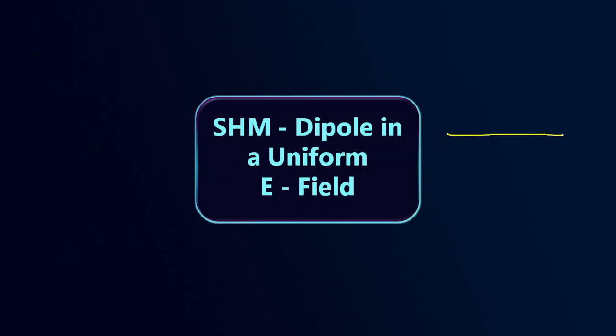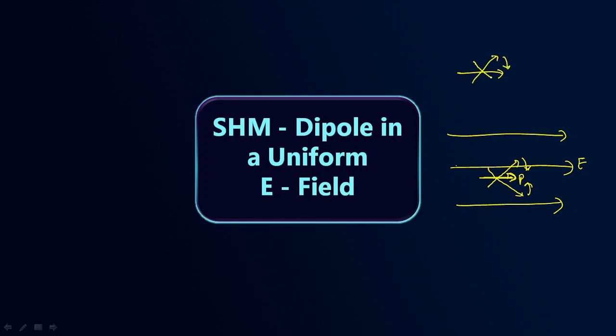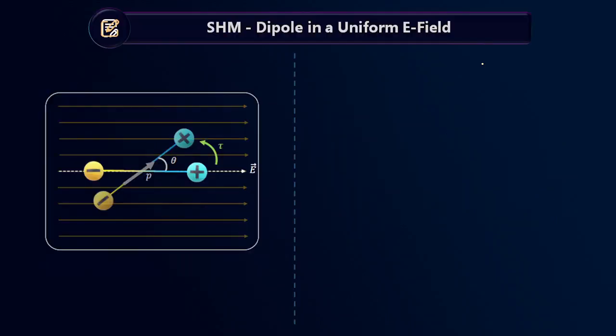See, we know that suppose this is the direction of the electric field, and if we place one dipole along the axis like this, this is our dipole and this is our electric field. Now if I displace it by a small angle theta, what happens? It will rotate back, again it will move in this direction, again it will come back. So the dipole starts rotating back and forth like this, right? That is, it performs SHM. If you find the equation, it will come out as SHM. It is doing SHM. So how?